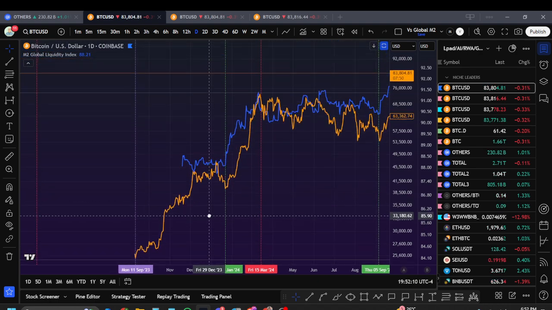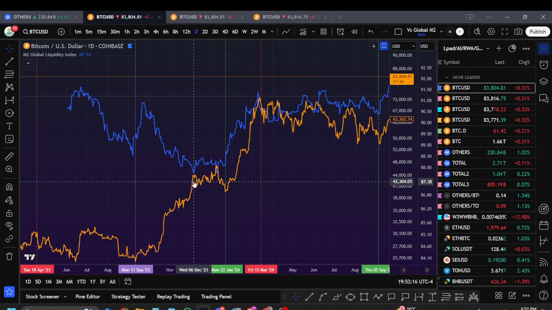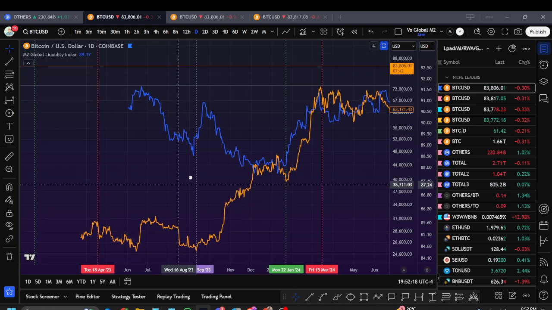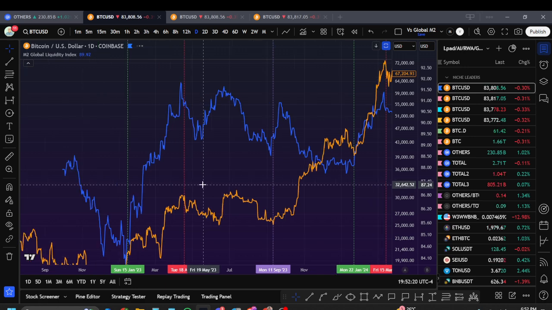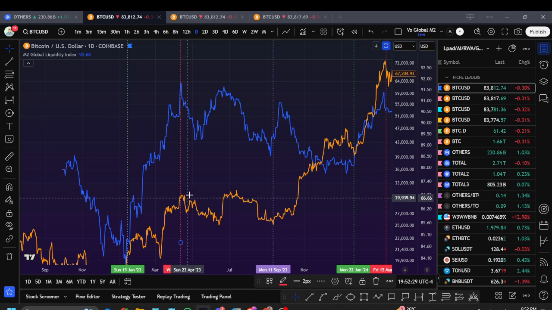right? So we go a little bit further over. This is the anomaly where this is going down and BTC is going up. Sorry, that's a strange one. Okay, but then you have this peak. This one happened a little bit earlier. I guess it could be fudged over, right? It's pretty similar.